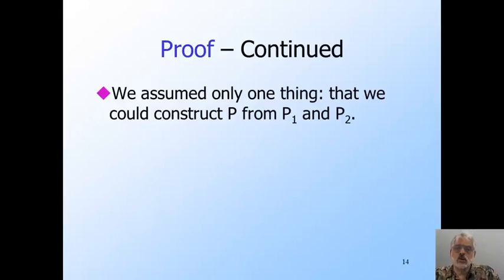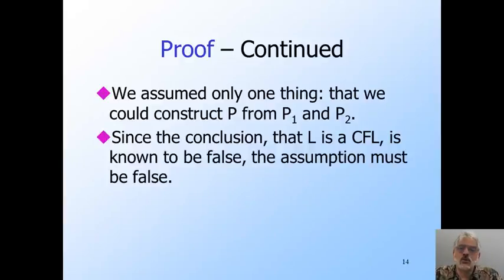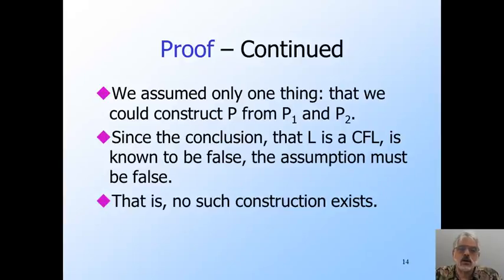We have made only one assumption, that P can be constructed from P1 and P2. Since we drew a false conclusion from our assumption, that assumption must be false. That is, we have proved that there is no way to simulate two stacks by one in a manner that is sufficient for us to figure out whether the PDAs using these two stacks both accept a given input. We might be able to simulate them in some weaker sense, but that sense would have to be very weak indeed, and I would not want to think of it as a true simulation, since I couldn't tell from the one stack what both of the, quote, simulated stacks were doing.